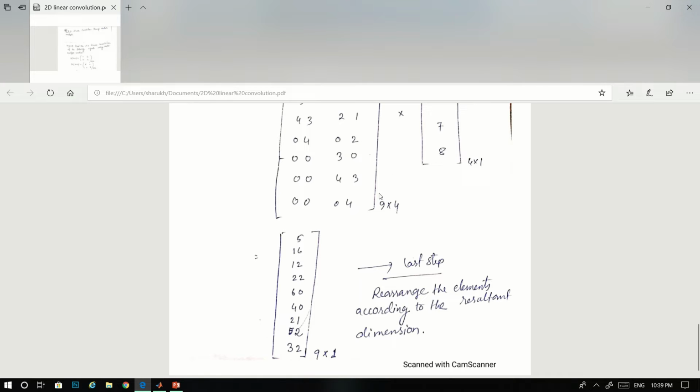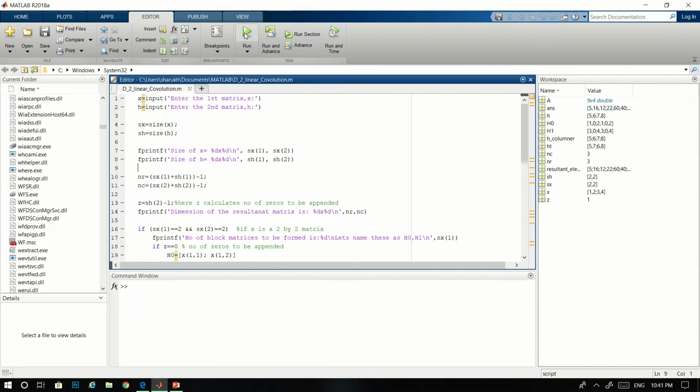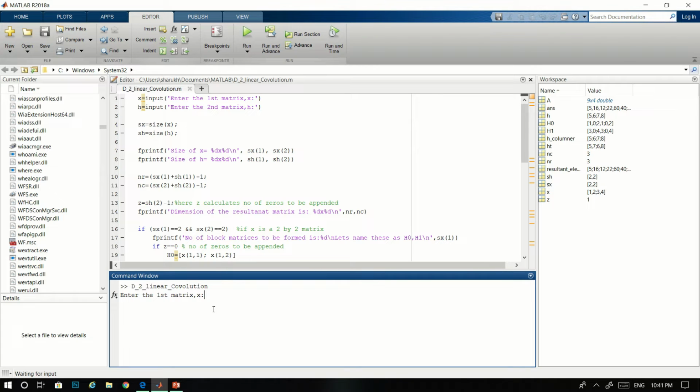Now what I'm going to do is write a MATLAB program to solve this problem step by step. Here is the program, I already wrote it. First let's see how it works. Just run it, and it will ask to enter the first matrix X. Let's say the first matrix is 1 2 3 and 4. This is the first matrix, and the second matrix, let's say 5